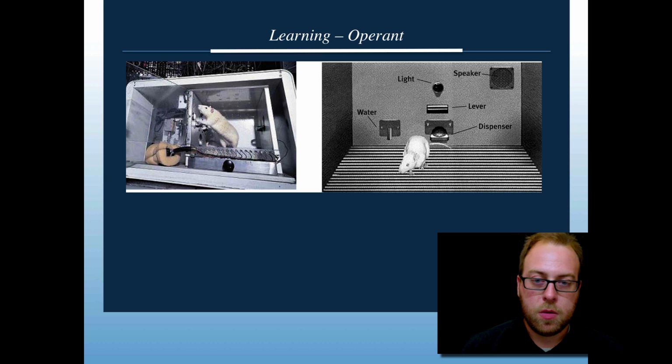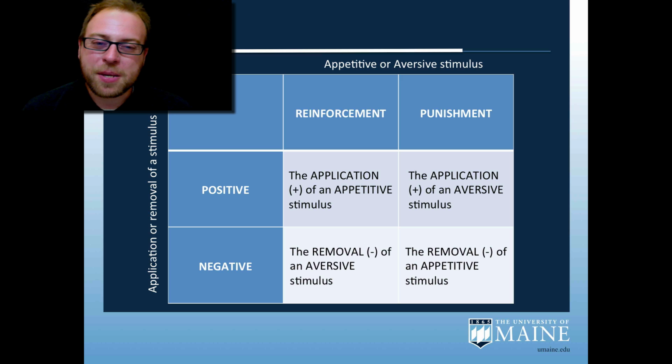Over the course of a couple of days, an animal can be trained to push a lever to receive food. The reinforcement I'm applying associates certain behaviors, natural or unnatural, with receiving a good reward, or avoiding, in some cases, a punishment. This is one of the most difficult concepts in the chapter, so I wanted to take just a few minutes to make sure you understand the differences between negative and positive punishment and reinforcement.